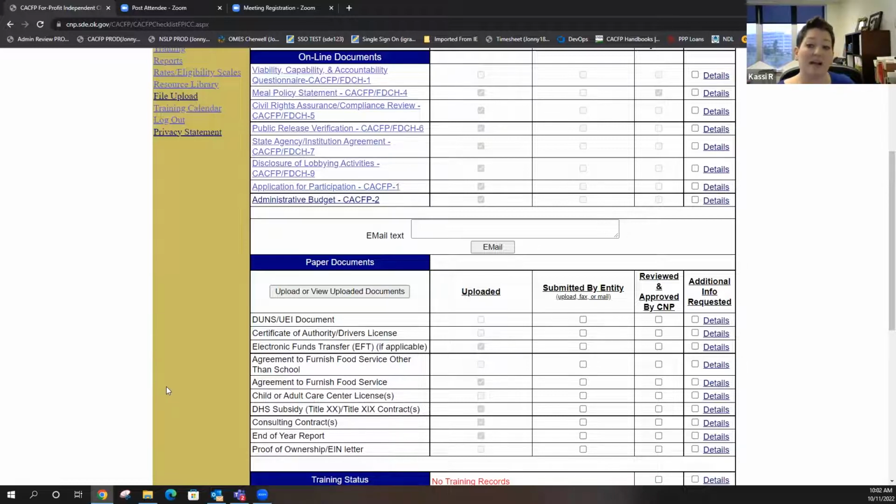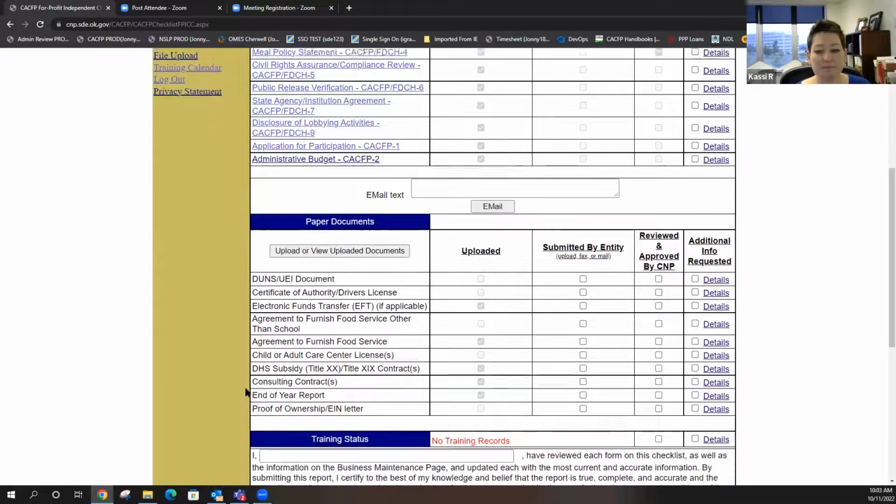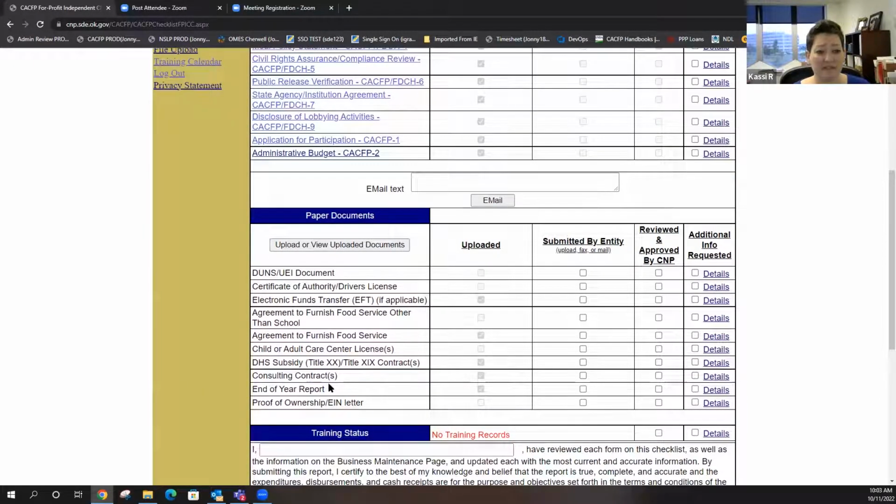If you're a single-sided daycare of any kind, you're welcome to send that stuff to me too, because I'm helping her. But you are going to have to send your end of year report, and then everybody's going to have to send your organizational chart. That's a requirement for everyone. For schools, your end of year report is going to be your 769. You can just send us your report.